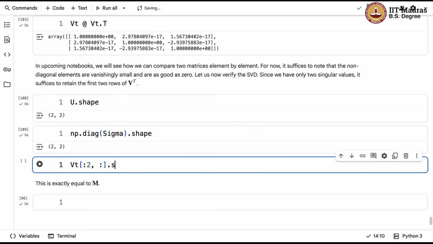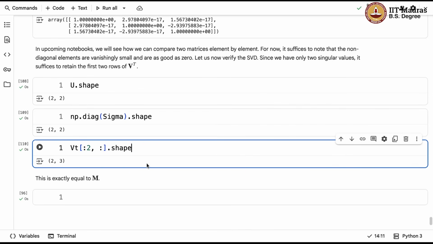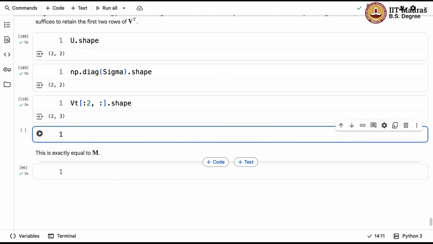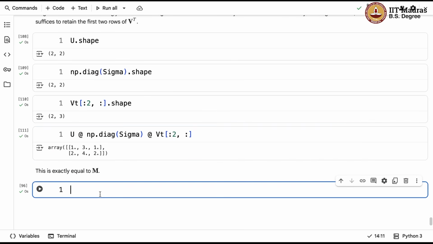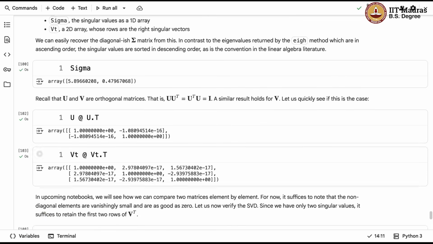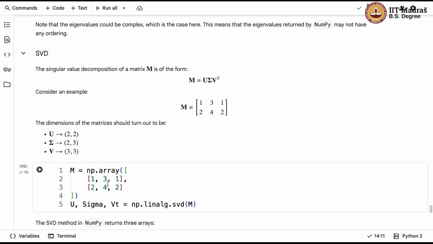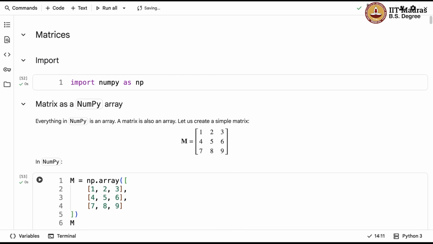It's the same as saying it's enough if you retain the first 2 columns of V, but what SVD returns to us is V transpose and not V. You have to be careful about that. NumPy's SVD returns V transpose, so the rows of V transpose are the right singular vectors. So we'll retain the first 2 rows of VT. Once again, this shape is 2 cross 3. Now if you multiply these 3 matrices together, U np dot